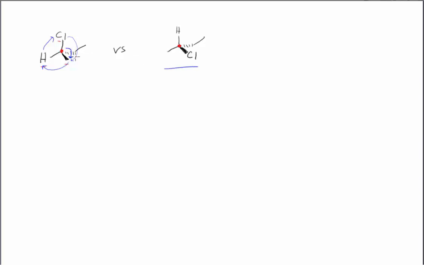So by rotating around this CC bond, this dashed bond that I have hidden back there with the ethyl on it, I can achieve this setup. And so with that observation, we can label these identical. It's simply a CC bond rotation that allows us to go between these two drawings. And that does not involve the breaking of bonds or the rearrangement of bonds or atoms. It's simply a bond rotation, which happens, we know, all the time at room temperature. So these are identical